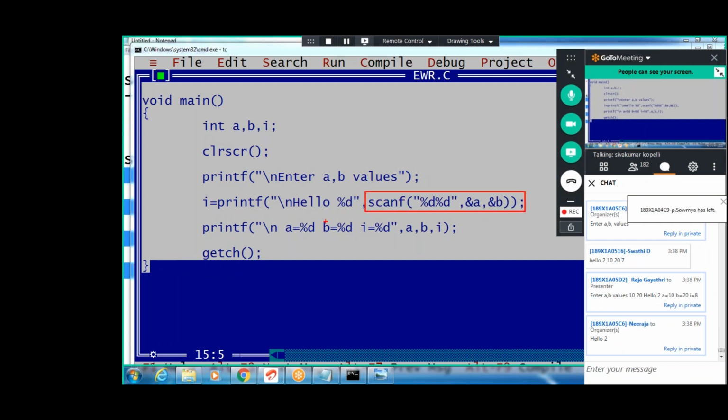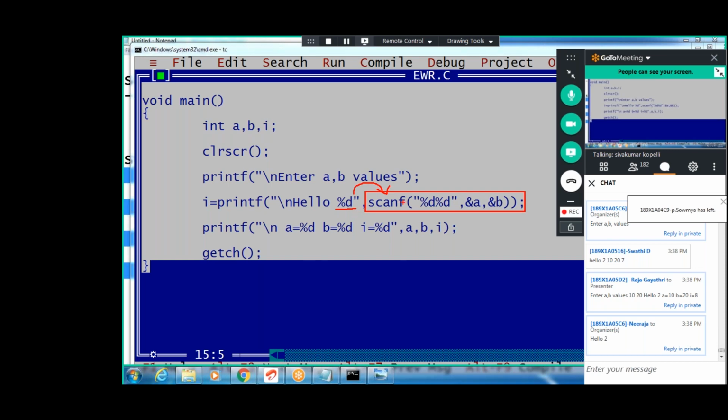What is this percentile d? That is nothing but the scanf value, the number of inputs. Hello space 2. Now A value is 10, B value is 20. What is the I value, guys? I value is the length of this. What is hello space 2? That is 7 characters and slash n, so 8 characters. Now check it, guys.